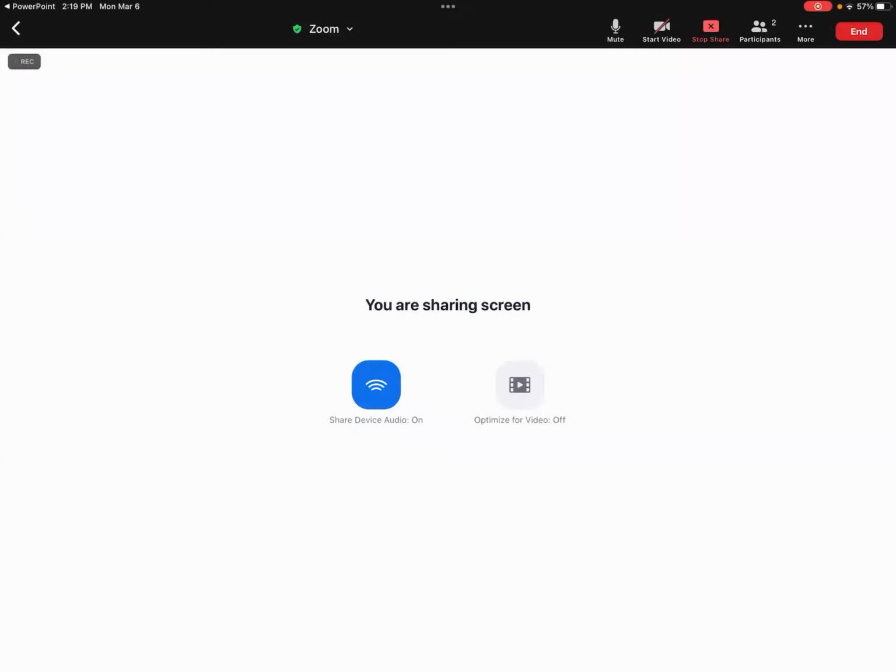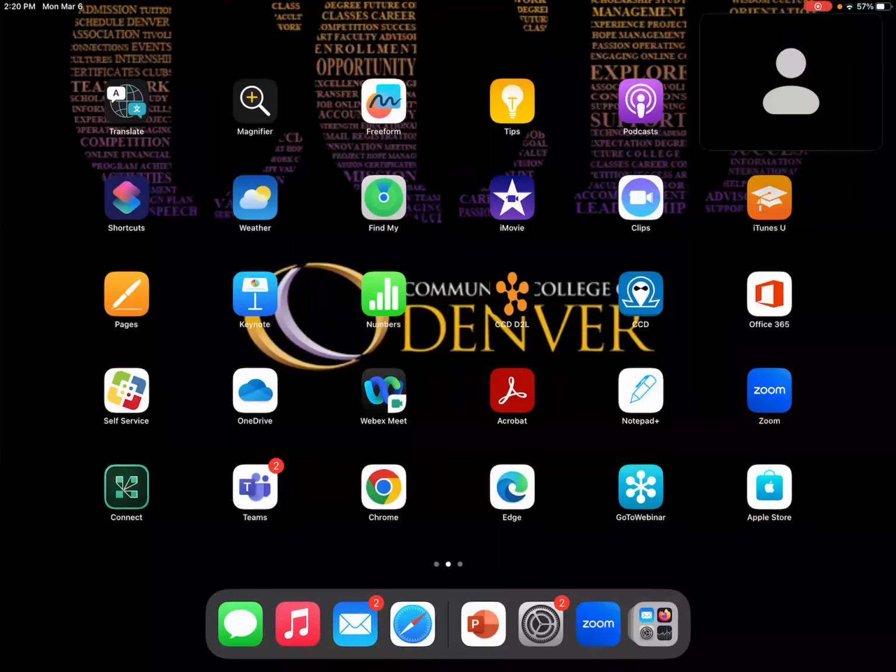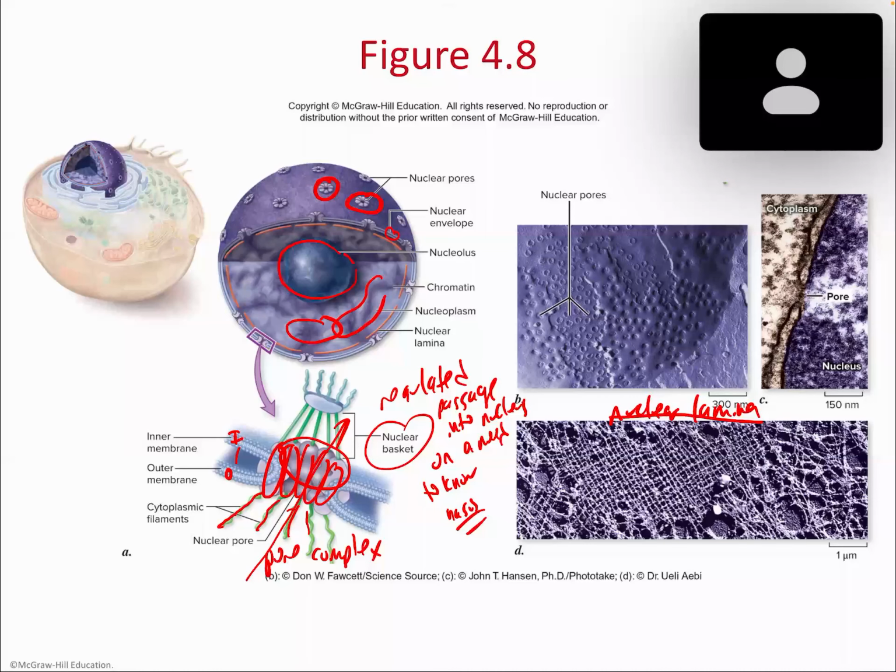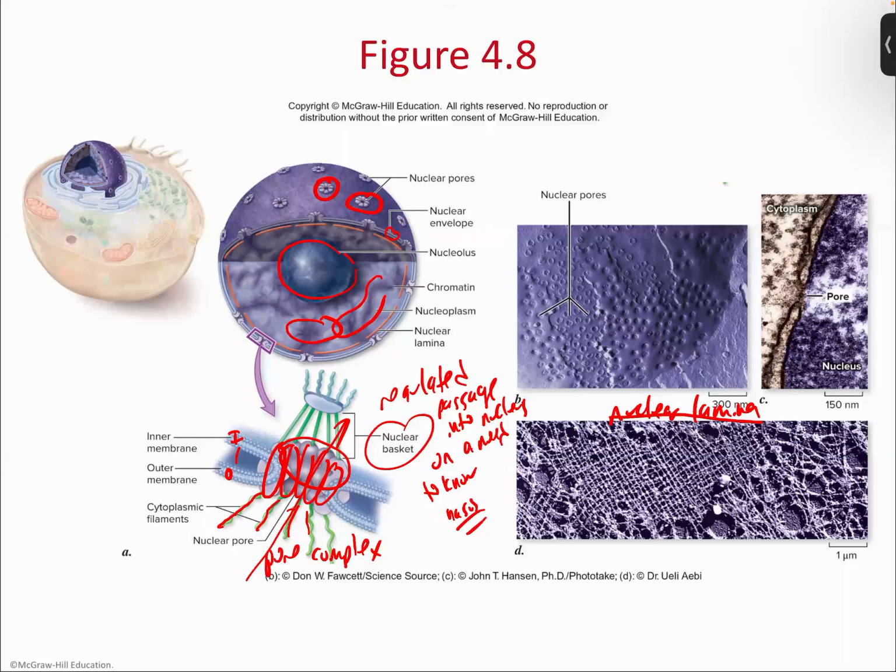Now remember, one of the things I wanted to mention is covering the nuclear lamina, right? And actually all these slides here, we didn't really get a chance to talk about these, but these are